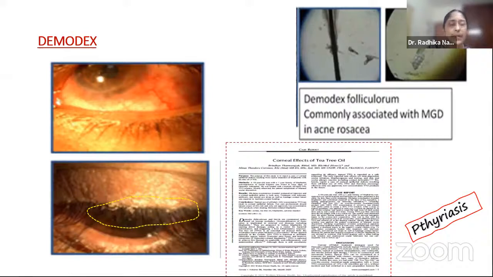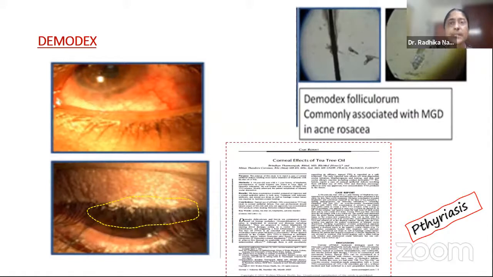Here you can see that the inferior cornea is inflamed, and in the picture below, the circled area shows collarettes or cuffs around the lashes. When this is seen, you have to suspect Demodex infestation. Demodex is a common commensal, but it can become a mighty mite and set up severe inflammation.